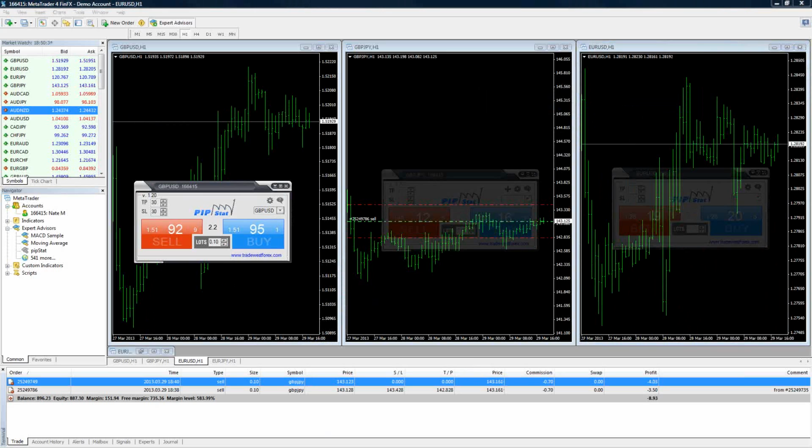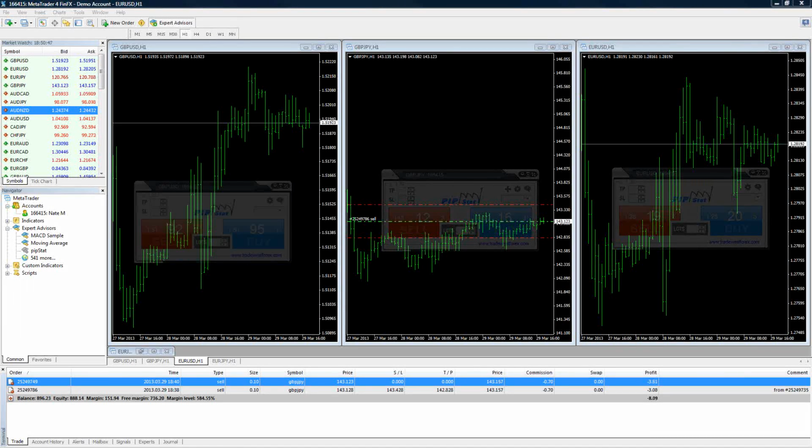Hopefully that makes sense. And I want to make sure that, okay, we've got someone asking where do you download Pip Stat. You can actually get a hold of Pip Stat through TradeWest. Let me see, it doesn't look like anybody's answered you there. We can get you set up with a trial if you'd like to get started trying it out. Go ahead and we'll post a link in here for you, Kai, if that's okay, and we'll get you lined up with that. Anybody else that's interested, just let us know and we'll respond there to you. Let me make sure that I've got somebody else that can help with those things real quick.